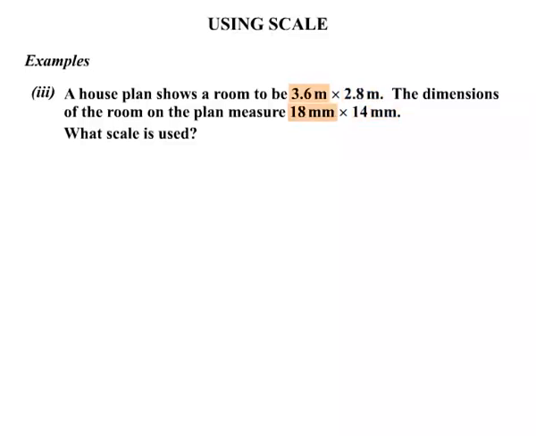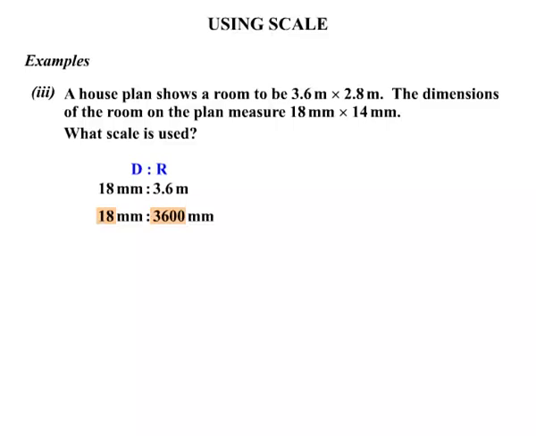We'll just stick with the first one. Okay, the second one will be the same, but we'll just do the first one. Drawing compared to real life, okay? Drawing compared to real life is 18 millimetres to 3.6 metres. Now the 18 millimetres, we'll just rewrite that. The 3.6 metres, we'll change that to millimetres by timesing by 1,000. So we get 3,600 millimetres. At this stage now they're both in millimetres, so we can think 18